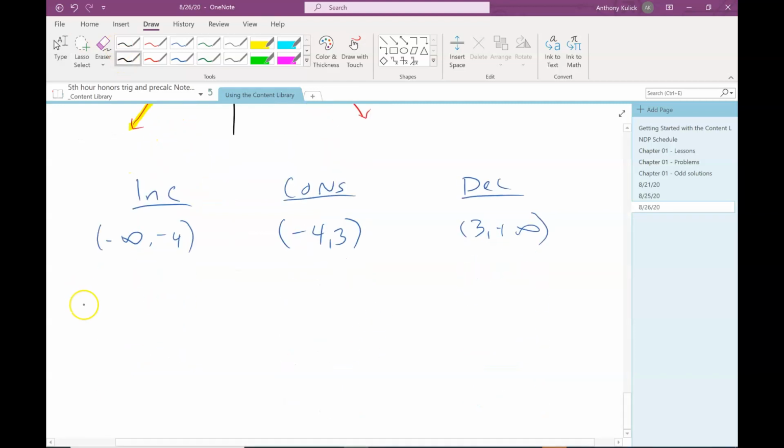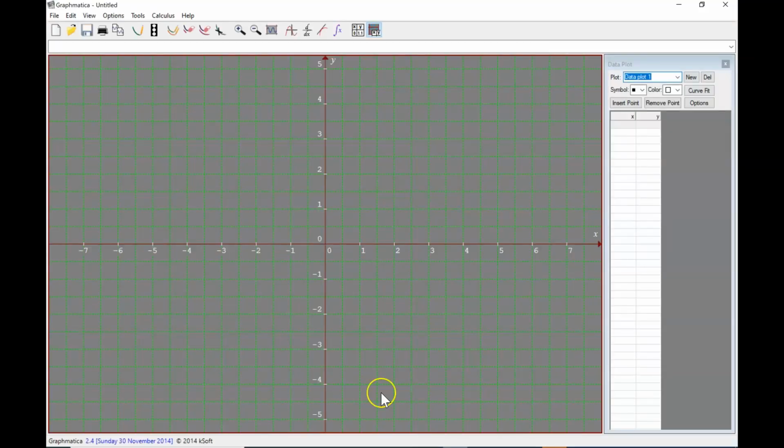Okay, so if you have a graph that's fairly easy, right, you can just look at the picture. What happens if we instead are given an equation? What would you do with something like that? Yeah, let's just graph it and then look at the picture, right? Don't need to make this any harder than it needs to be. I'm going to actually use Graphmatica to do this because I'm going to dump the image onto OneNote so we can highlight things on the image or whatnot, and it just makes it a little easier, at least for me as the